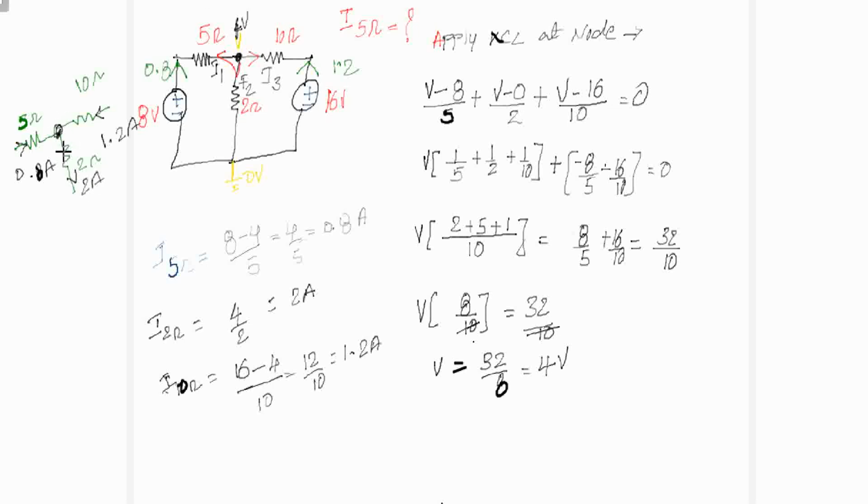Now, 0.8 plus 1.2, which becomes 2 amperes. So entering current plus entering current. If I apply KCL at this point, 0.8 plus 1.2 is equal to 2 amperes. Whether the KCL is verified? KCL says the algebraic sum of the entering current equals the leaving current. It means that this 8 volts is supplying a current of 0.8 amps, and the 60 volts is supplying a current of 1.2. These both currents are flowing through this 2 ohms.